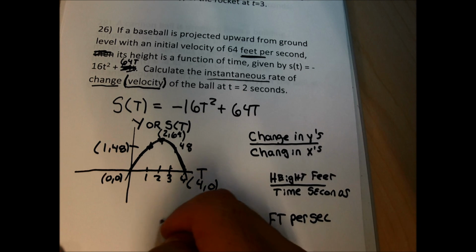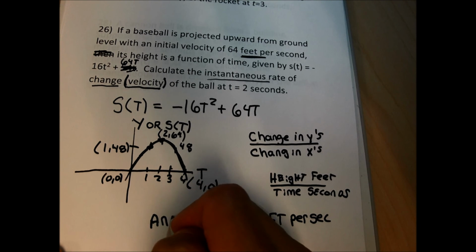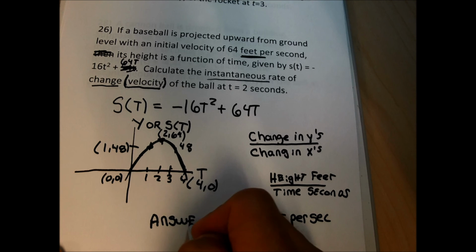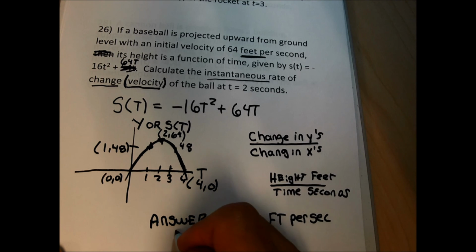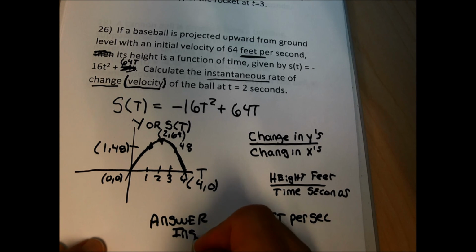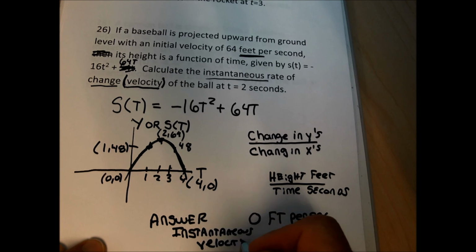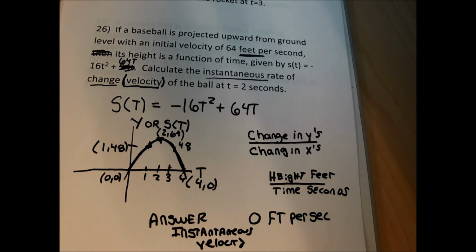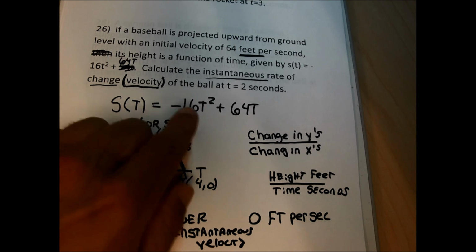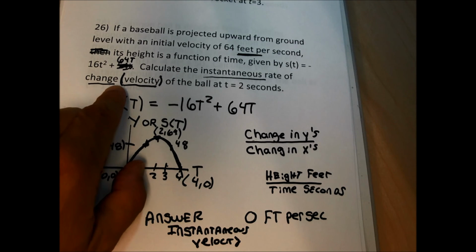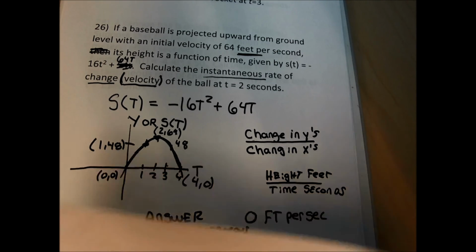So the answer, without even doing any algebra, because I know a little bit of theory, the instantaneous velocity for this ball, and I'll do the algebra next, is going to be 0 feet per second. That's just knowing a little bit extra, but I didn't have to know that little bit of extra. To find out the instantaneous rate of change, or the instantaneous velocity at t equals 2 seconds, I would need